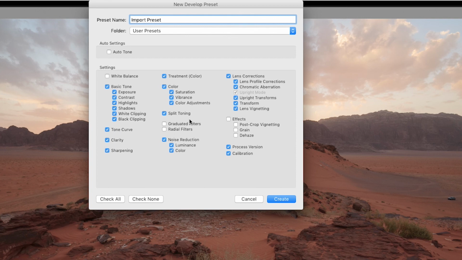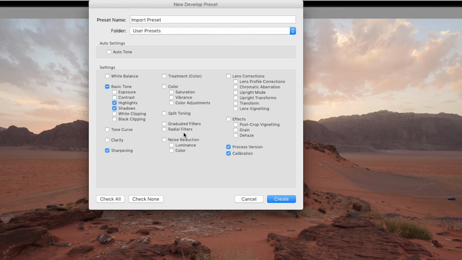Now, obviously, there's nothing to worry about in terms of things that are selected in color and other corrections here. They really don't matter in this case, but I'm just going to go ahead and uncheck them and leave the ones that I actually tweaked. So I did work on sharpening. So let's go ahead and uncheck that, the color, split toning, noise reduction, and I had the process version calibration on the bottom, which is going to default to 2012, but calibration is something that I did work on, and I'm not going to touch exposure and contrast, but highlights and shadows are fine.